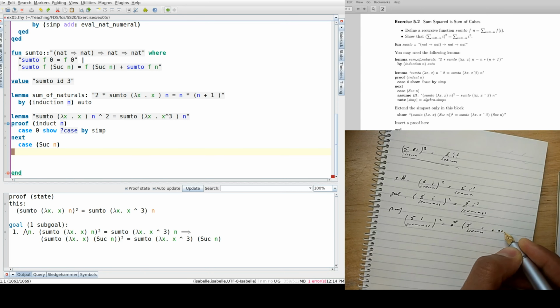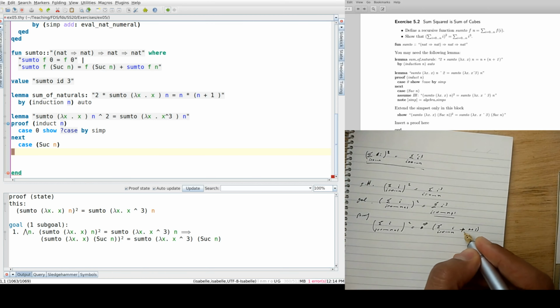Okay, so the main reason we're doing that, and then all squared,